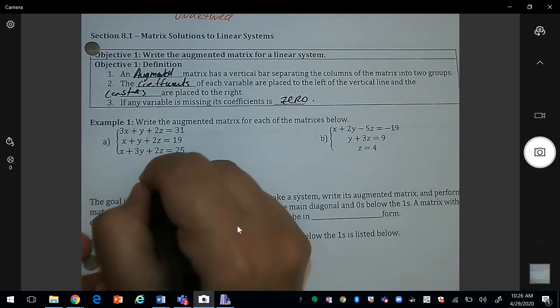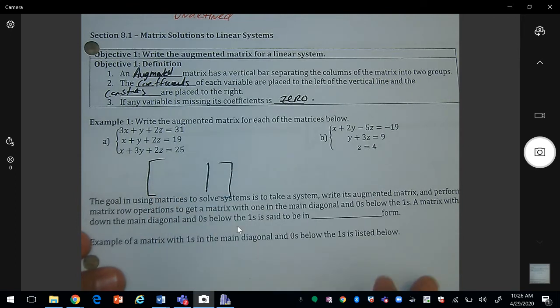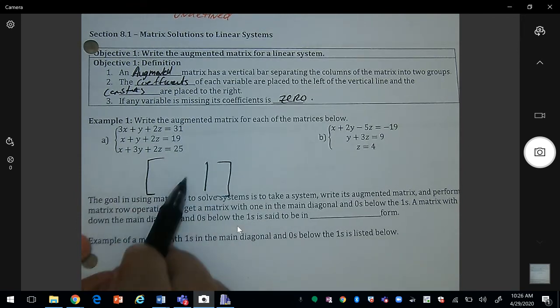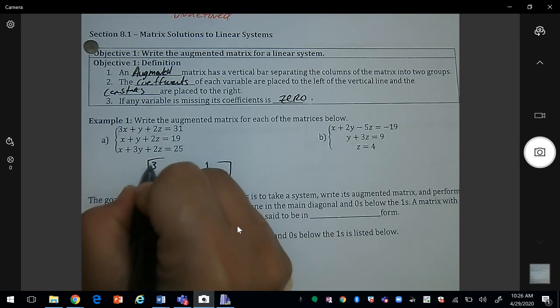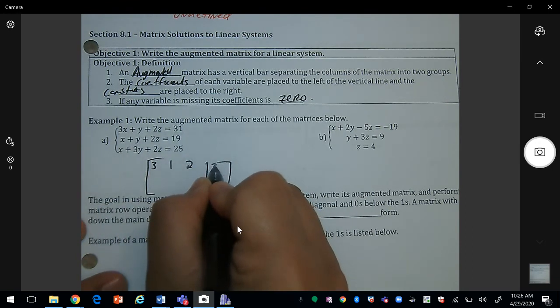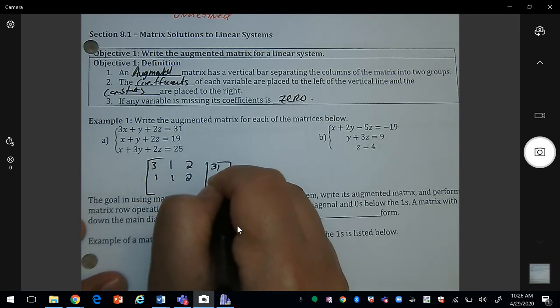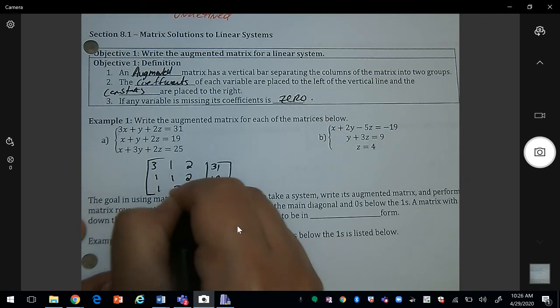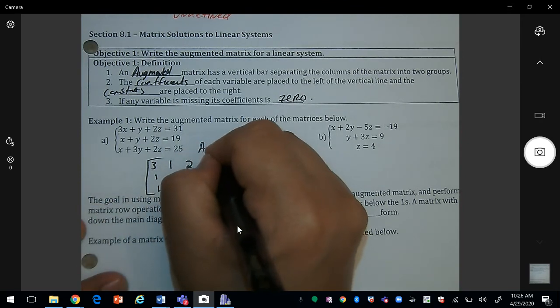Okay, so for example here, we would have a bar separating the left and right part. On the left side, we write the coefficients. So I have a 3 for x, a 1 for y, a 2 for z, and my constant is 31. And I keep doing that: 1, 3, 2, 25. And so this is your augmented